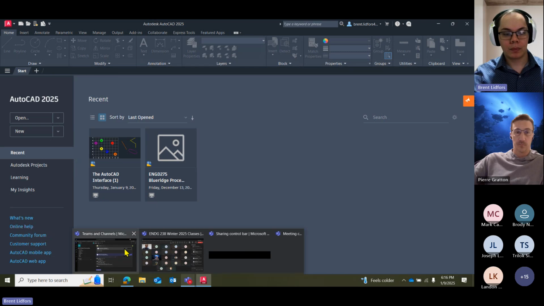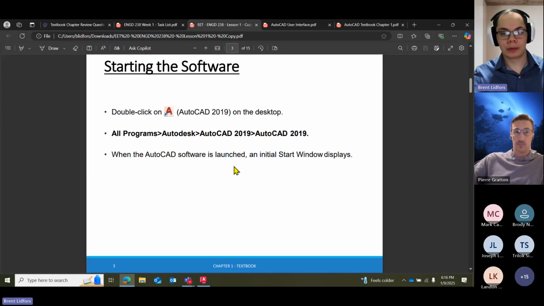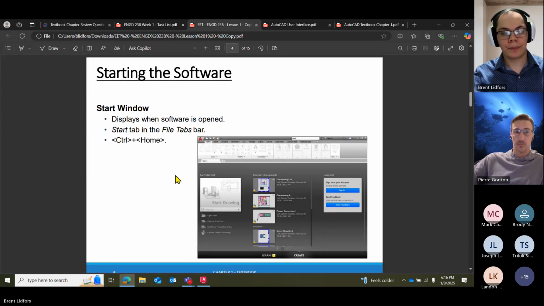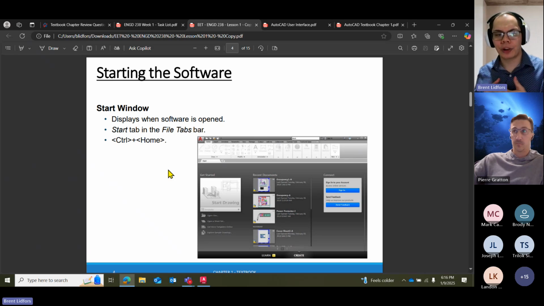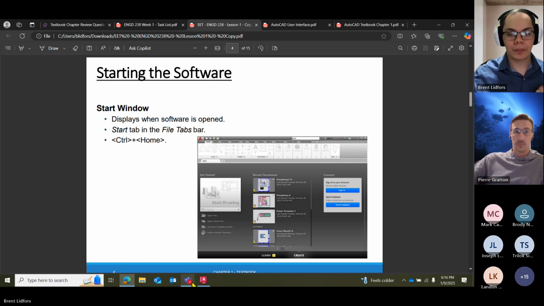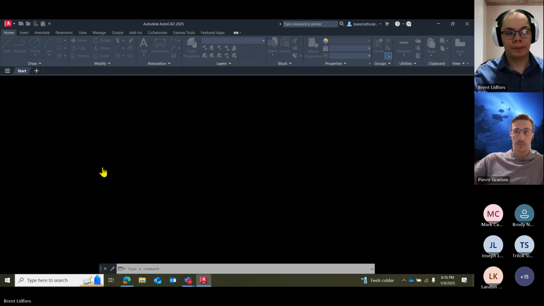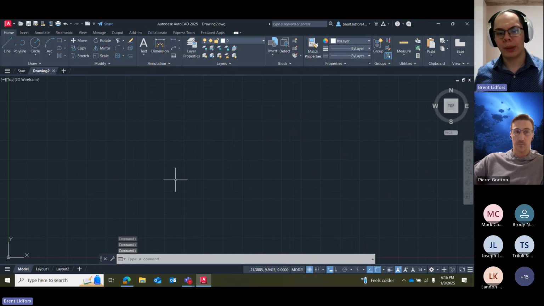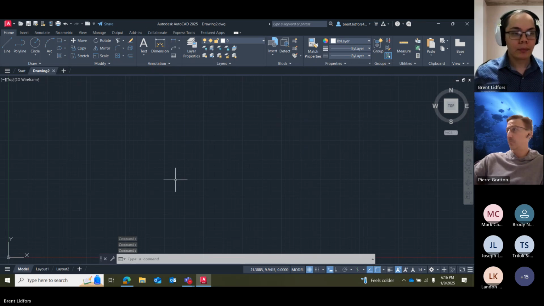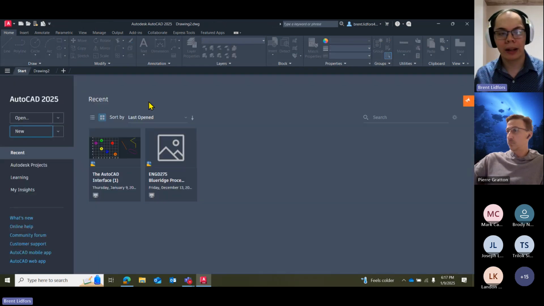So go back to my slides here. If you ever need to go back to the start window, say I'm just going to open a new drawing here, so I'll select New. And it's giving me a new blank drawing file. If I ever need to go back to the start menu, I can click on that same file tab that I was pointing at earlier, where it says Start. I can click on that to go back to the start menu,